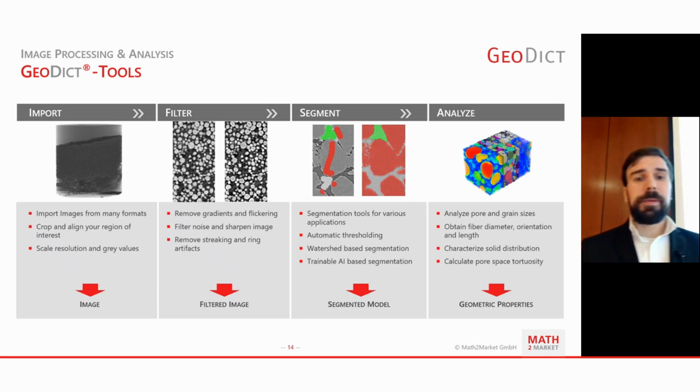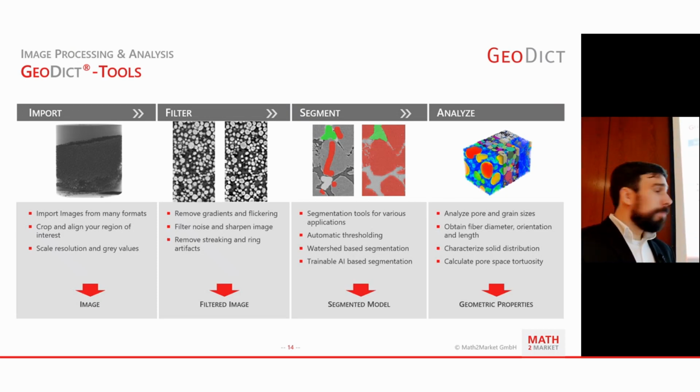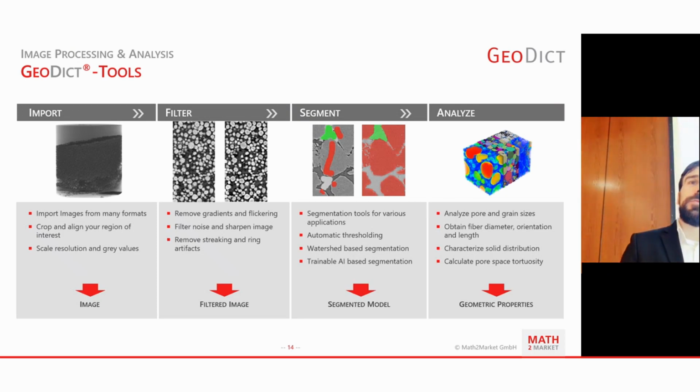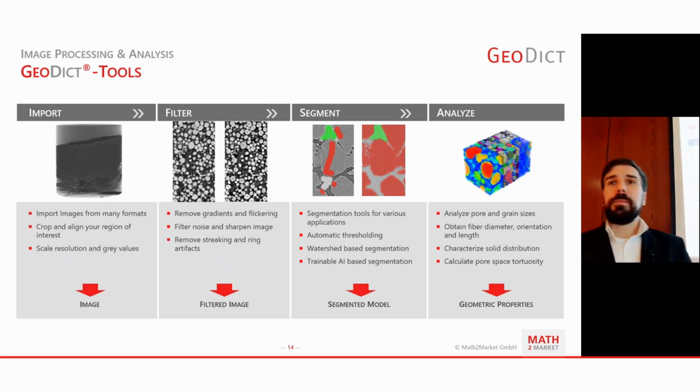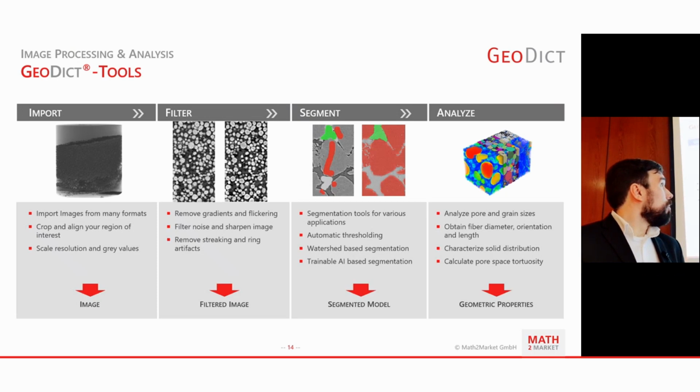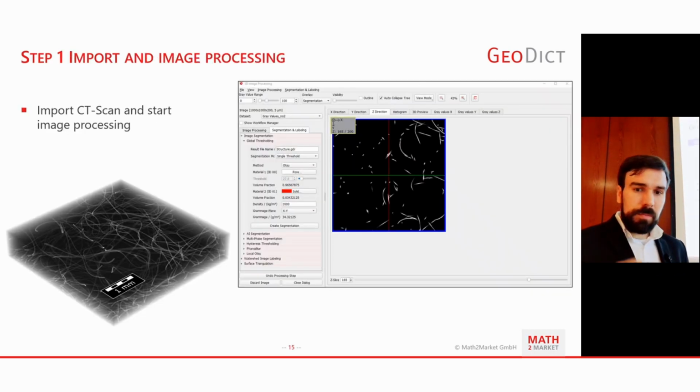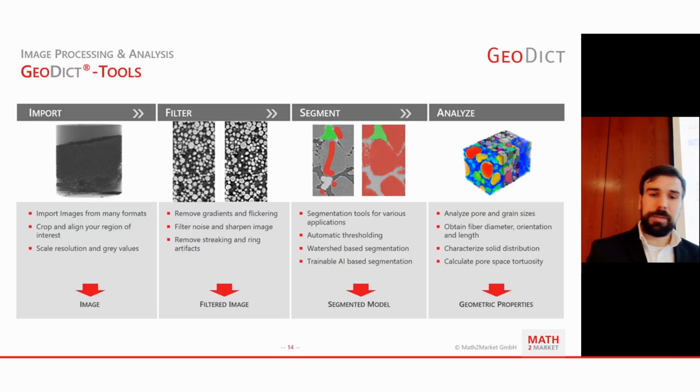So then the next part is the segmentation. That part is really, really important because if you do the segmentation wrong, you will end up with results that just don't match reality. Especially for fiber materials, it can be a huge difference if there's 1 voxel more part of the fibers or not. Your permeability, for example, will be way off. So getting a good segmentation is kind of important.